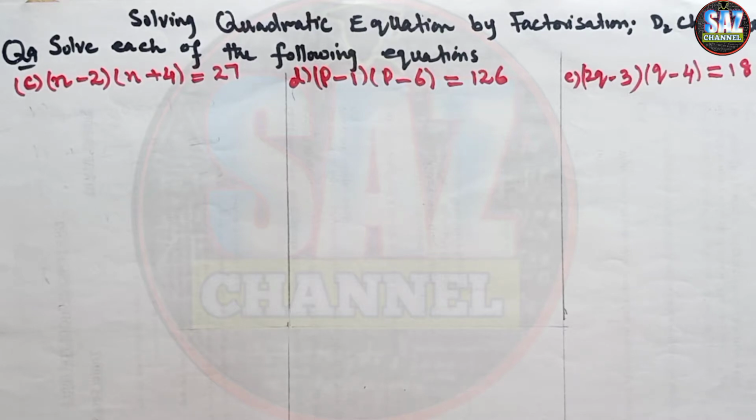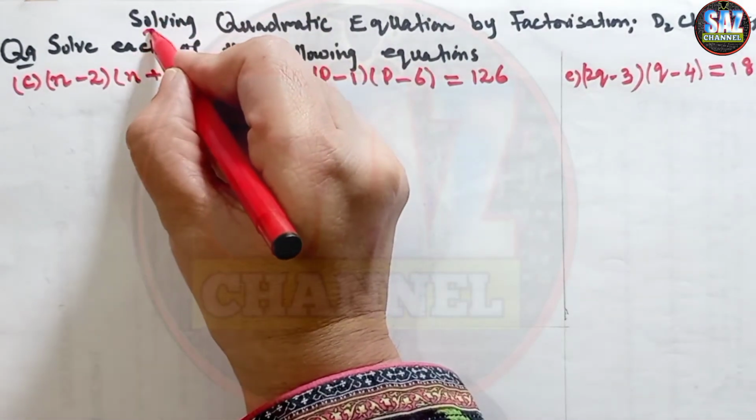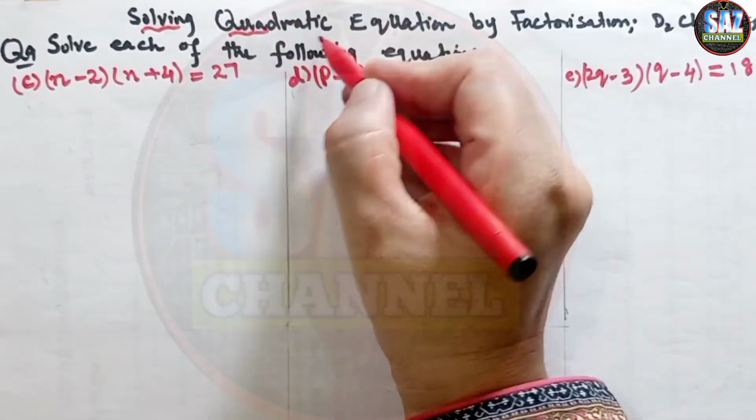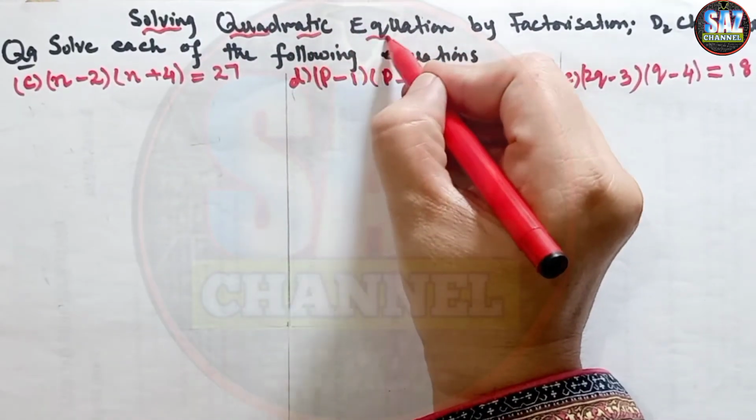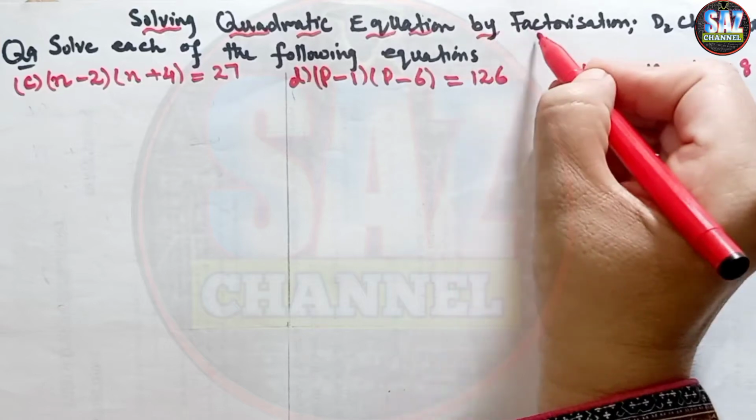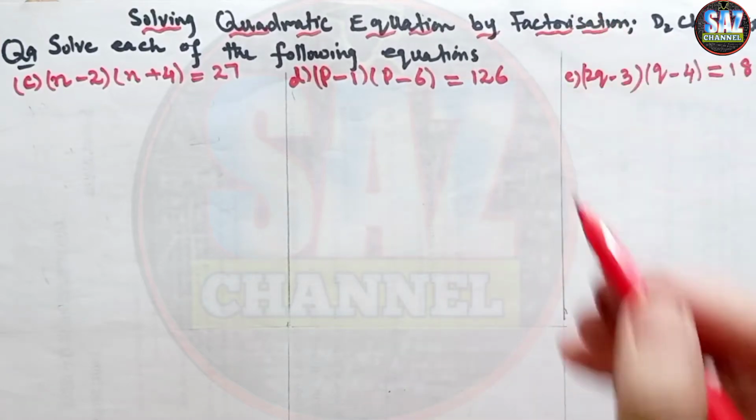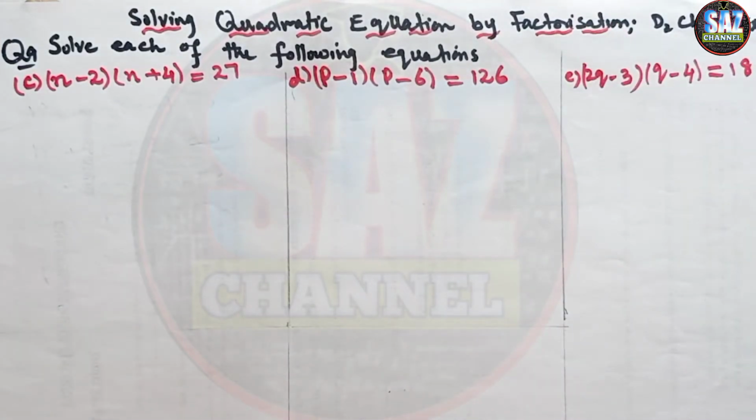This is my 10th lesson of D2 chapter number 5, exercise 5a, which is about solving quadratic equations by factorization. What is a quadratic equation and what are the methods of factorization of a quadratic equation? These are the questions that have to be really clear to all of my students for a better understanding of this lesson. All those students who are not clear about quadratic equations and the methods of factorization of quadratic equations,